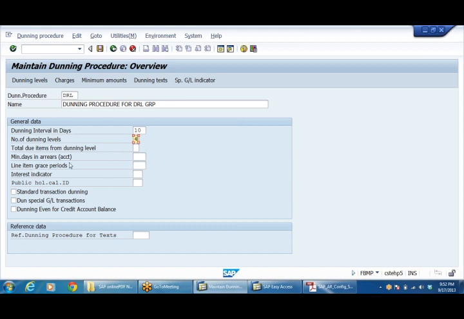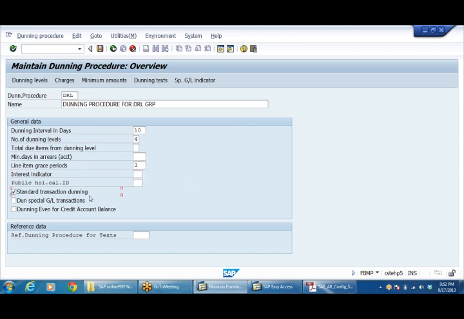Minimum number of days, line item grace period. I can give around 3 days of grace period. Means the system takes around 3 days from the due date. If it is 15 days, it will take 15 plus 3, that is, 18 days. After 18 days, because we'll wait to see whether we may be receiving payment from the customer. So that's why I'm giving around 3 days of grace period here. It doesn't mean I can't give 2 days, 1 day, 7 days, whatever it may be. In case you require, we can even calculate interest also.